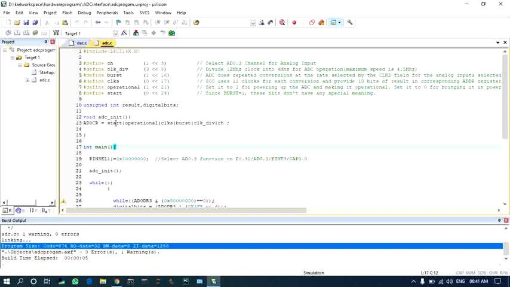That will set channel number 3 under AD0. Since we have a 12 megahertz clock, in order to bring it down to 4 megahertz, we need to divide it by 3. That's why we have taken the value 3 and placed it at position 8.